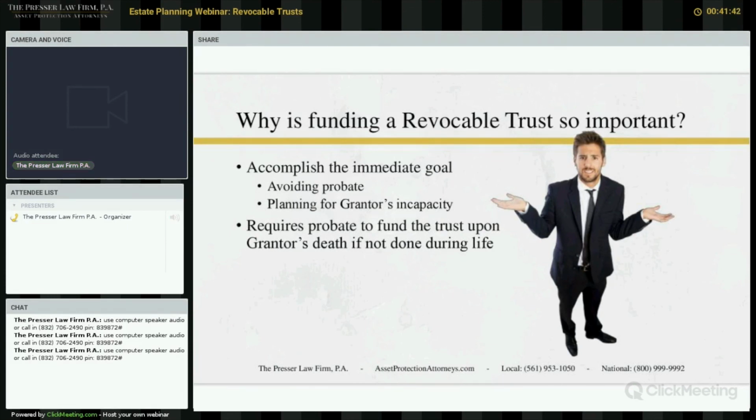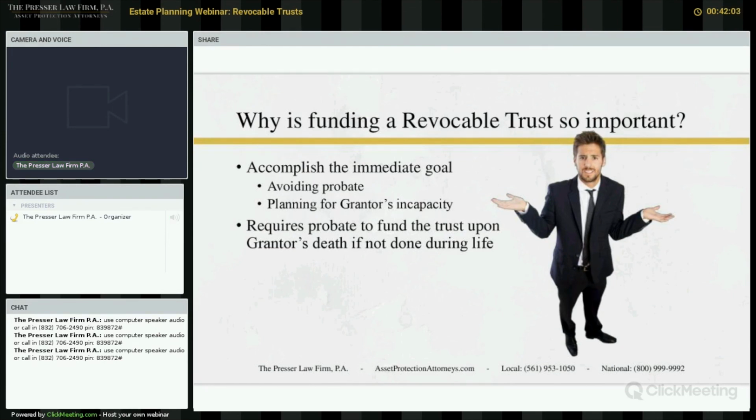So you could have a complete inequality among the beneficiaries if you don't make sure that everything is structured the way it's supposed to be structured. And you've got to do that during your life so that it goes exactly the way you want it to go at death. In addition, you don't avoid probate, but if the grantor becomes incapacitated and they haven't funded the